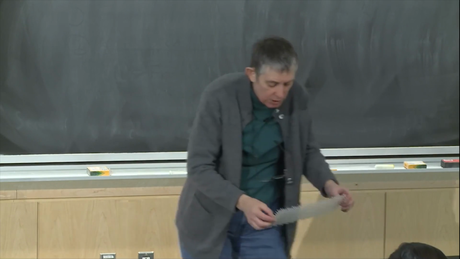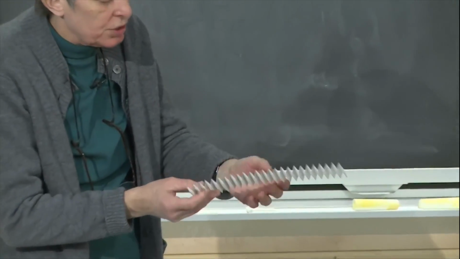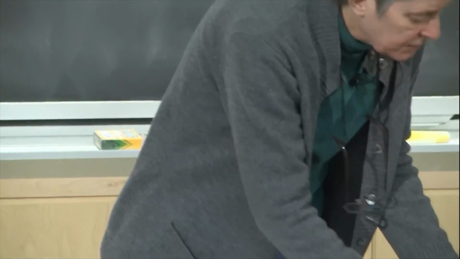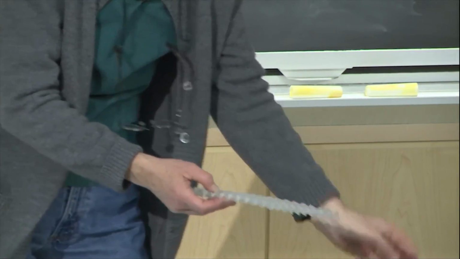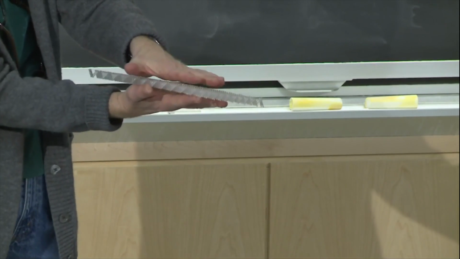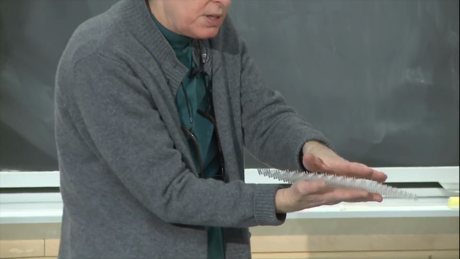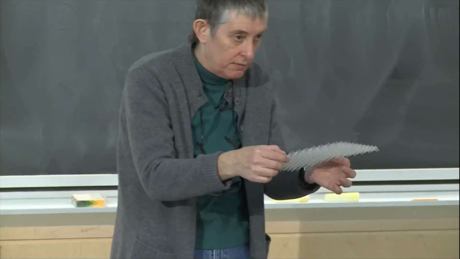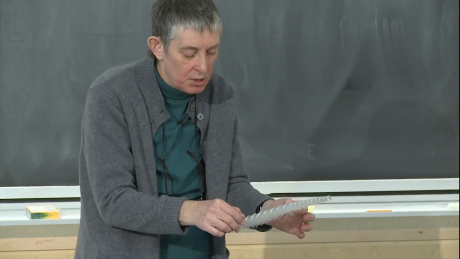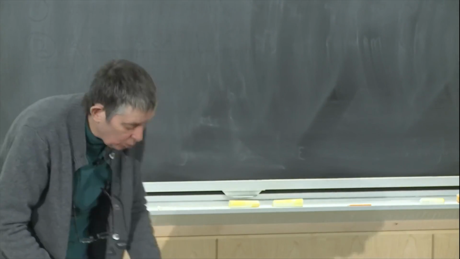So one way you can do it is by injection molding. And this here is just sort of the center piece of something that would look like this. So there would be, I didn't bring it, a top face and a bottom face that fit onto this. And they would be injection molded as 3 different pieces and then assembled together. So you can make a mold in this kind of complicated geometry. And you can make a lattice material by injection molding.